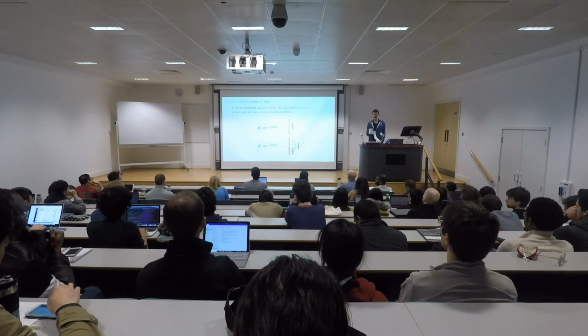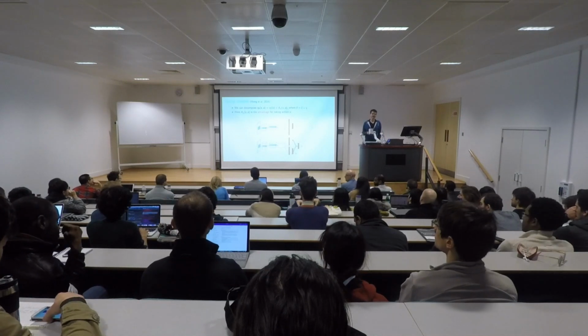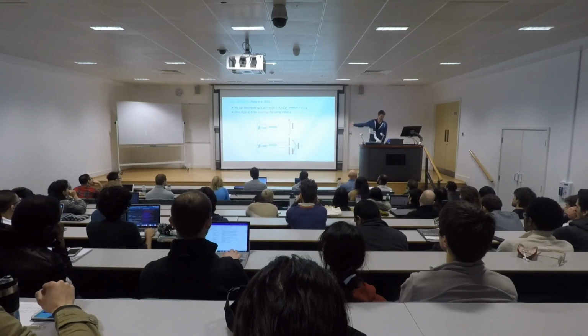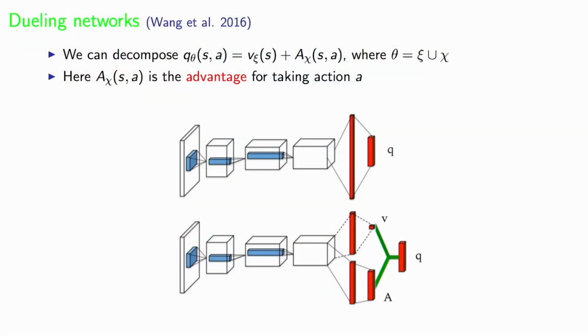In the next component, we're going to do something which you could call reinforcement learning aware deep learning, which is maybe a simple idea if you think about it in hindsight: you can think of these action values as decomposing into separate parts. For instance, you could think of them as decomposing into a state value part and an advantage part, where this advantage is basically the advantage of taking that action in that state. One way you could set it up is to change your architecture a little bit, where you have a separate stream that goes into a value and a separate stream that goes into an advantage vector, and then you just add these together to give you your action values.